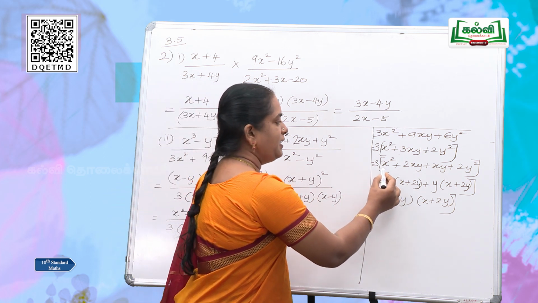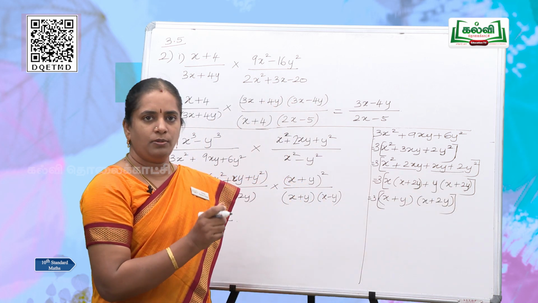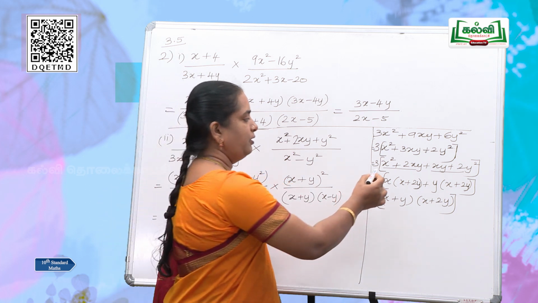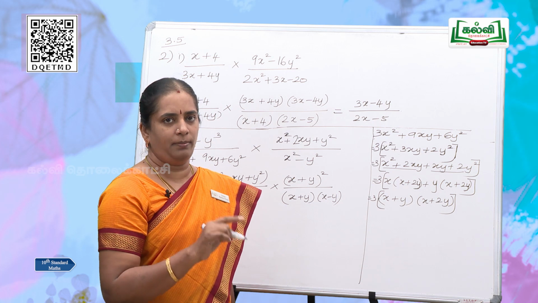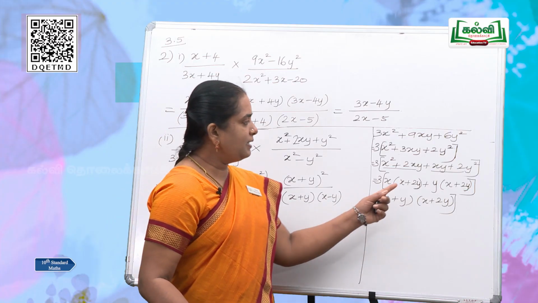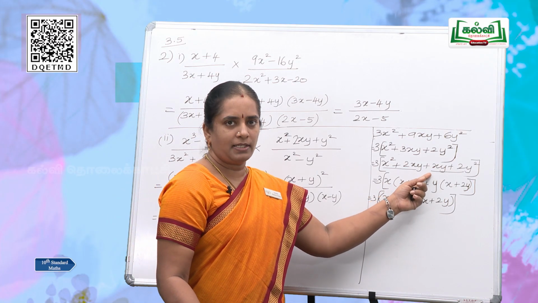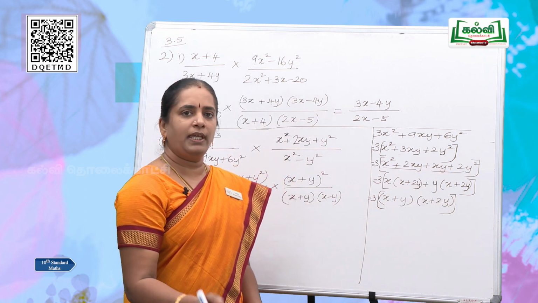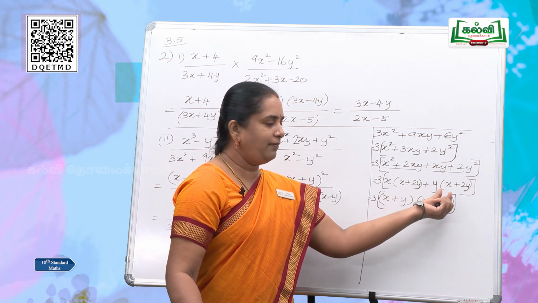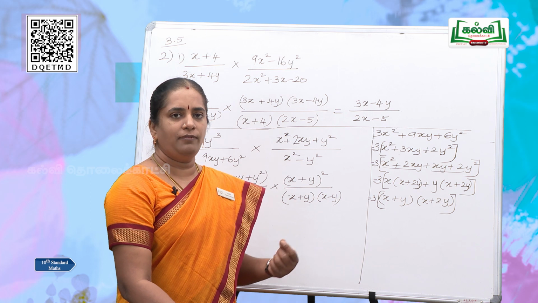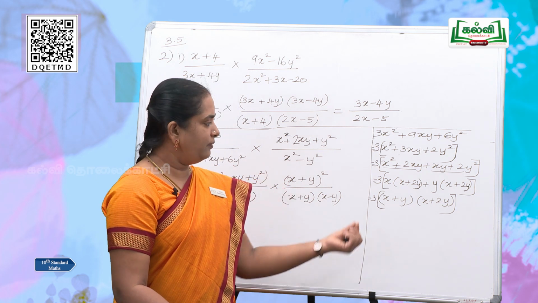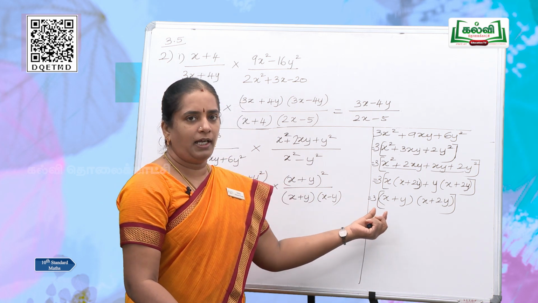Then we are going to group the first two terms and the next two terms. You have read this in your 9th standard. Grouping the first two terms, we have x common, so x can be taken out: x into (x plus 2y). In the next two terms we can find that y is common, so we can take out y and write it as (x plus 2y). Here both the terms have the common term (x plus 2y), and we can factor out that (x plus 2y) and get (x plus y) as another factor. We already have a numerical coefficient and two factors.